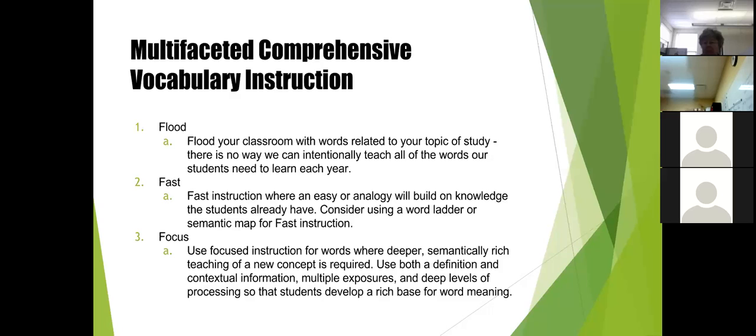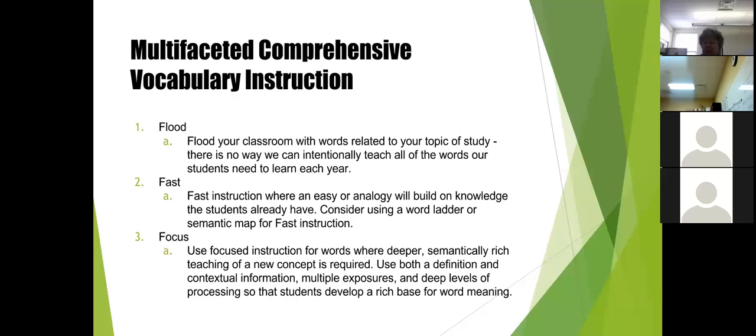Students can create word blasts or semantic maps to begin building knowledge of terms related to the subject in which the students are learning. So similar to Marzano's approach, students are encouraged to keep a vocabulary notebook and continually revise and edit the content of that notebook. You can also use FAST instruction, not fast assessment, but fast instruction.